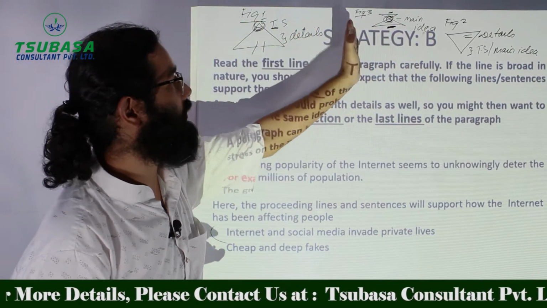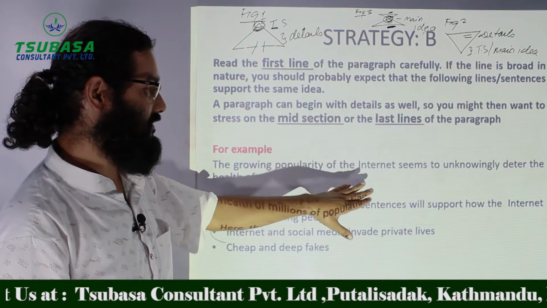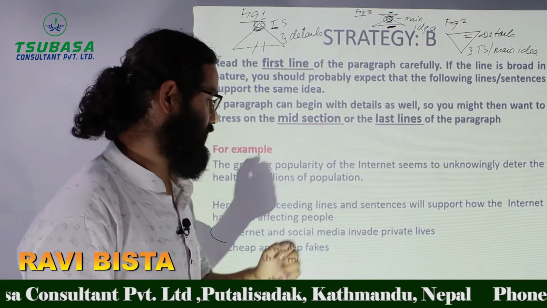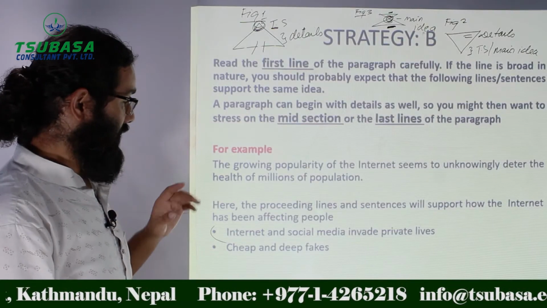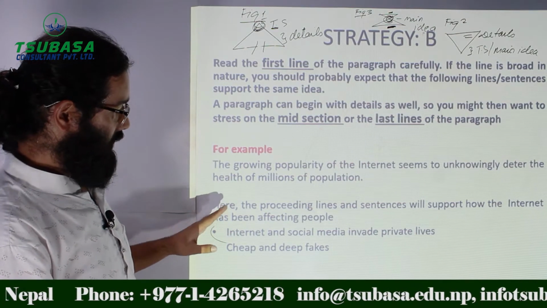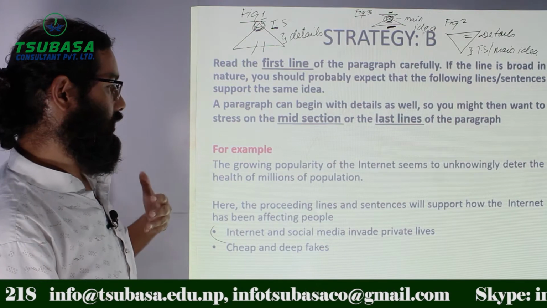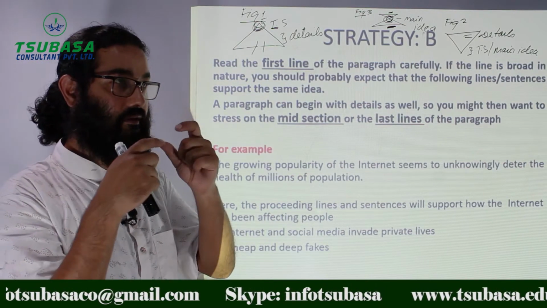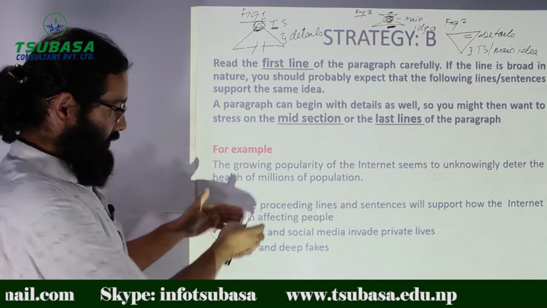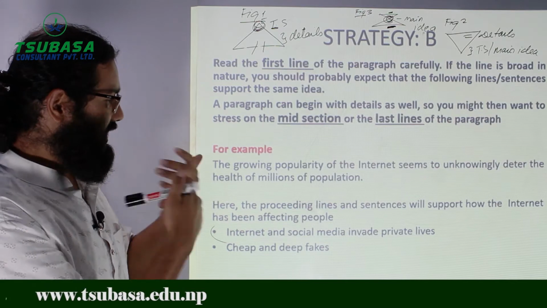Figure 1, figure 2 or figure 3. The growing popularity of the internet seems to unknowingly deter the health of millions of population. Now, here, the preceding lines and sentences will support how the internet has been affecting people. So you could expect explanation this way. Maybe in the following, after this particular line, because this is broad in nature, you already get a clue